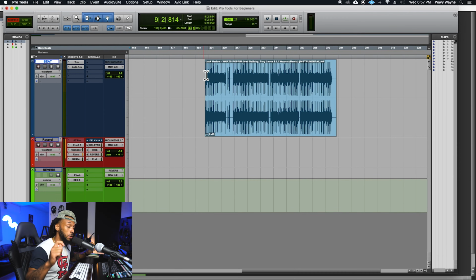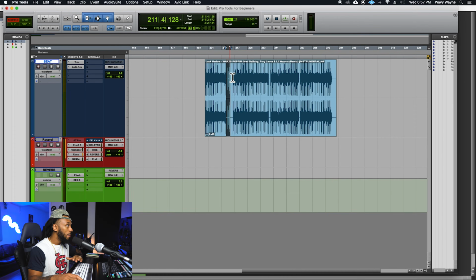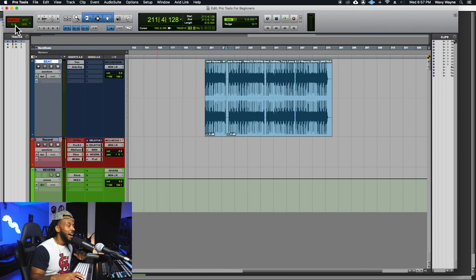That is a major problem in your session. When you are editing, for the most part, especially if you're doing a song, you don't want stuff to just be moving all out of time. So let's just go ahead and say that unless you know exactly what you're doing, don't ever use shuffle mode. And when you do use it, you stop, you think about what you're doing, you make the move that you need to make, and you immediately get back out of shuffle mode into one of the other modes like slip